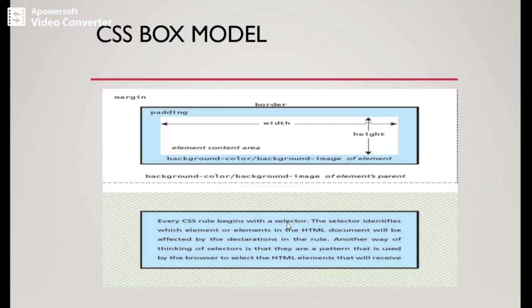So let us see that one. In this example you can see whatever is appearing in white. Here you can see the width, this is the height. Here it is written element content area, this is the content area. Then this is the padding area. And the darker one is the border. And outside it is the margin. Clear? From this border to this is exactly your margin.